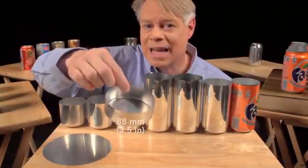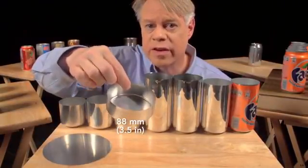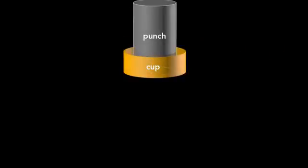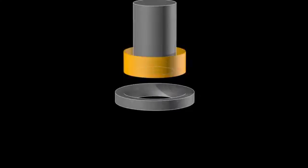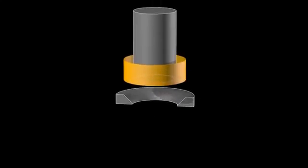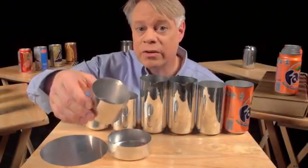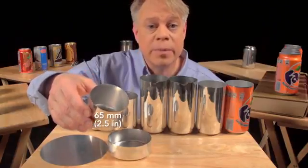This cup is about 88 millimeters in diameter, larger than the final can, so it's redrawn. That process starts with this wide cup and uses another cylindrical punch and a redrawing die. The punch presses the cup through the redrawing die and transforms it into a cup with a narrower diameter, which is a bit taller. This redrawn cup is now the final diameter of the can, 65 millimeters, but it's not